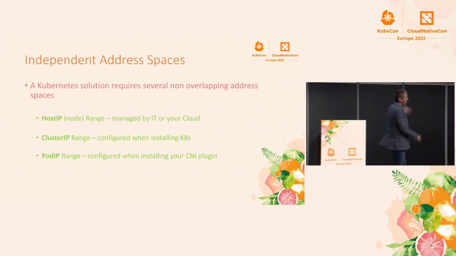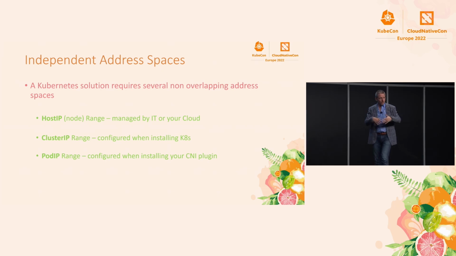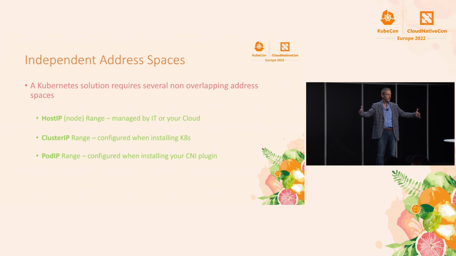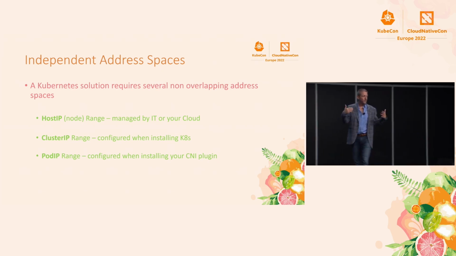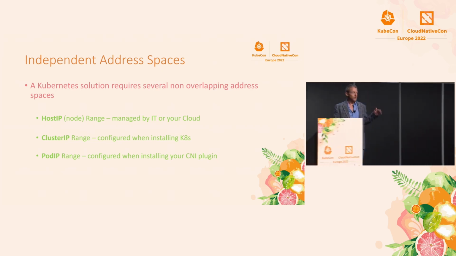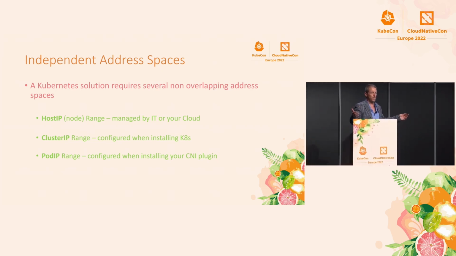Now remember that all of the hosts in your cloud, virtual private cloud, right, have to have unique addresses if they're going to talk to each other. So all your Kubernetes cluster nodes have to have unique addresses. And then all of the pods that run in them have to have unique addresses. And since you need to be able to get to the pods from the host in order to do things like check their health and stuff, those addresses have to be unique, right? Non-overlapping. And then the last thing is these service IPs need to be unique and non-overlapping. So we have 3 address spaces we got to think about when we're setting up Kubernetes. This is part of the architecting a cluster process, right? What are the address ranges we're going to use for these things?